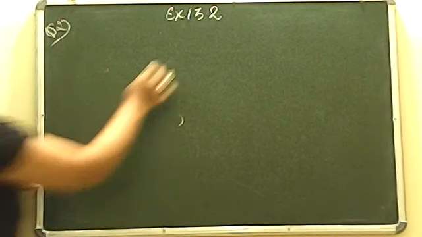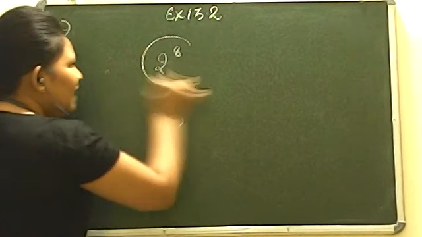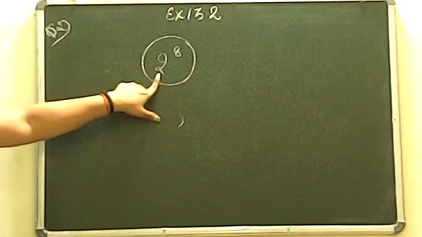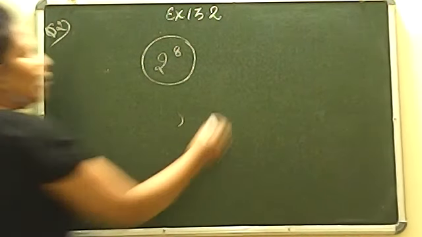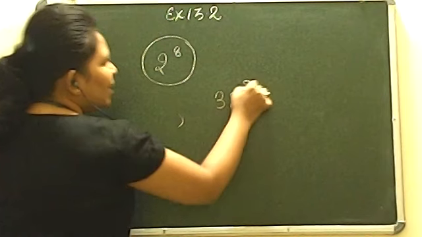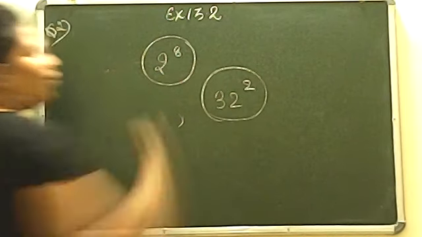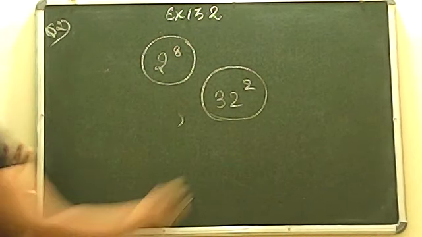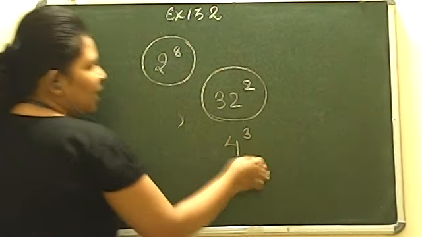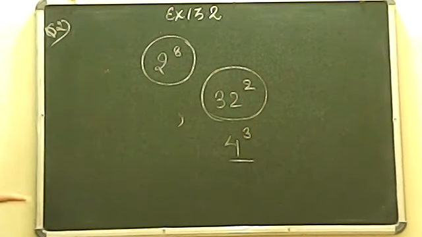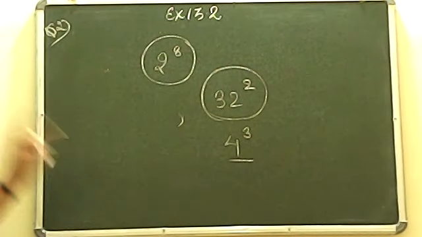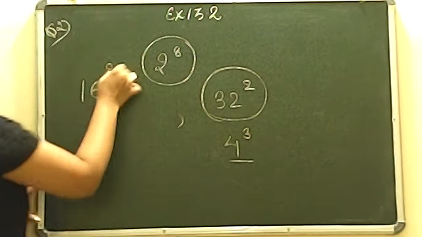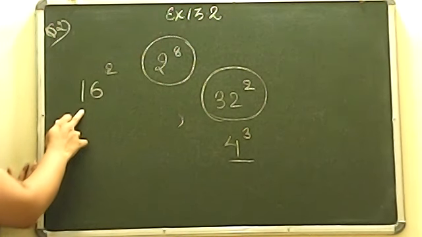अगर कोई नंबर लिखा है 2 की पावर 8, it means it is the simplest way, because 2 को इससे ज्यादा ब्रेक नहीं किया जा सकता. But if I have written the number 32 to the power 2, it means this is a number which can be broken up further also. Same thing if I want to write 4 to the power 3, this is also not the simplest power because 4 will also be broken up. Same thing if I write 16 to the power 2, again this is not a proper or simplest form.